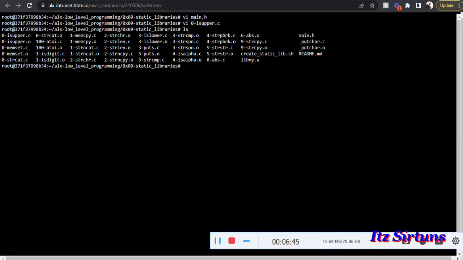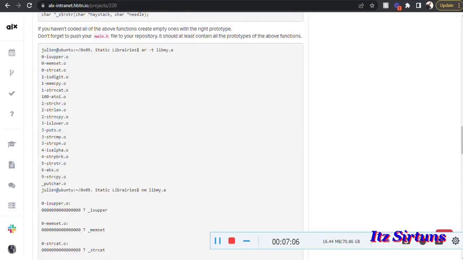So you repeat the same for the second one, and then you get the output file 0-memset.o. You do that for the next one until you're done for all the files up till _putchar.c. Yeah, you compile that too and you get _putchar.o. Now after doing all that, what we need to do is use the right syntax